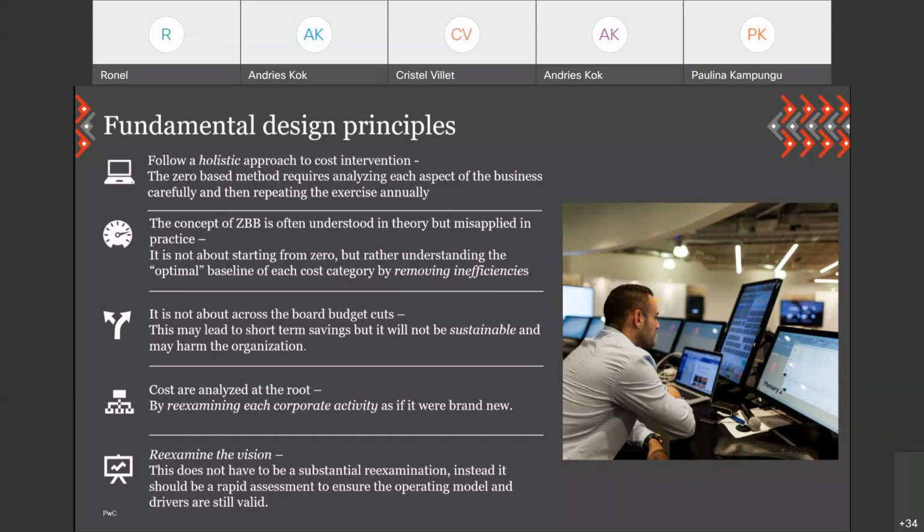And just to add to that, I think when we're speaking about analyzing our costs at the root or re-examining our vision, it doesn't necessarily mean that every instance of planning has to be a labor-intensive process. There are a lot of benefits that we get from it, and if we look at what the crucial components are, if we think about that first slide of those specific buckets, there's a lot of benefits that can be achieved without necessarily going through a very labor-intensive process every year.